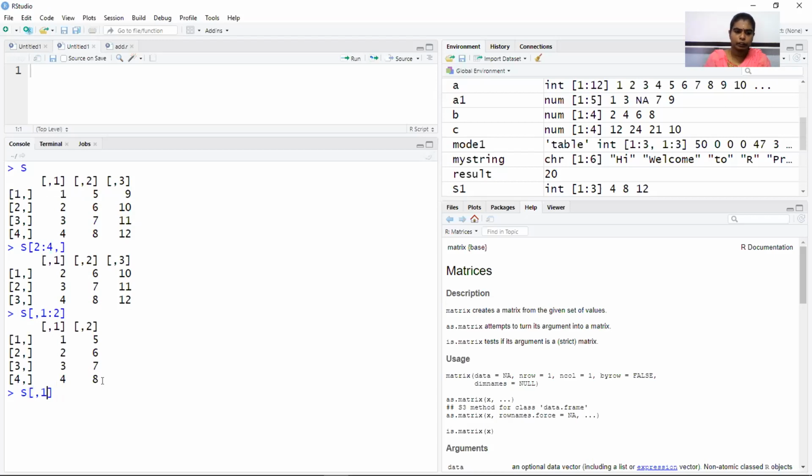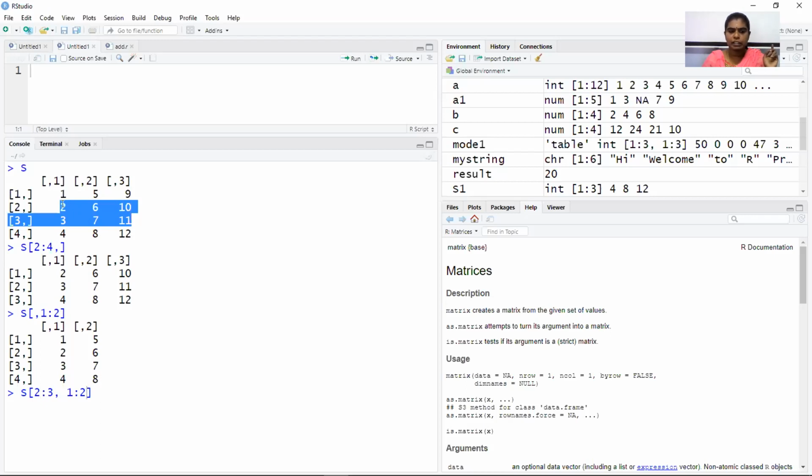So what I want is rows 2 and 3, and the columns 1, 2. So I have picked up row number 2 and 3. So this is my row number 2 and 3. I have totally 6 elements here, but I don't want all the elements.